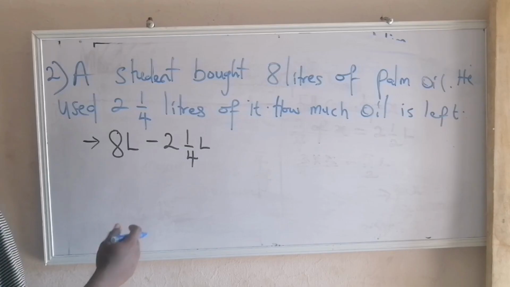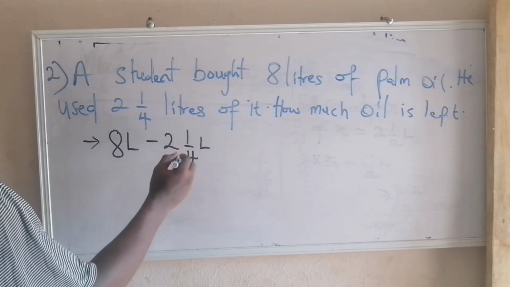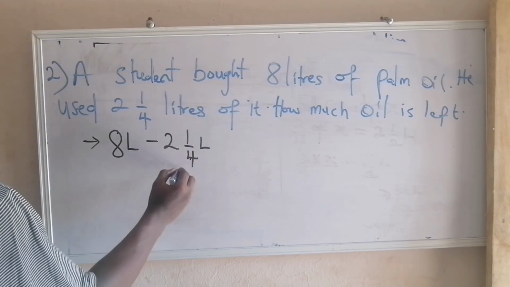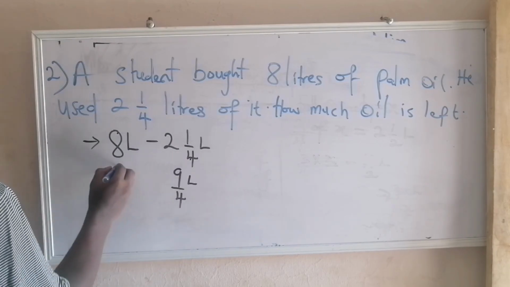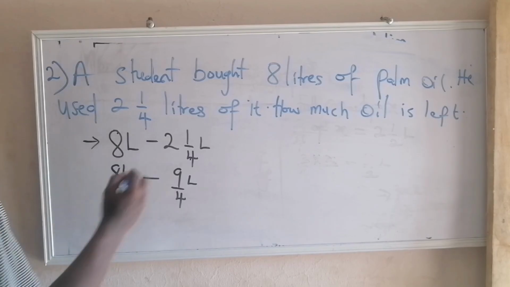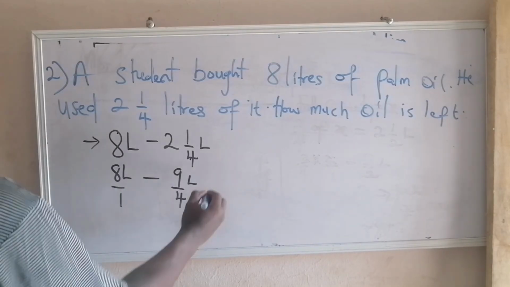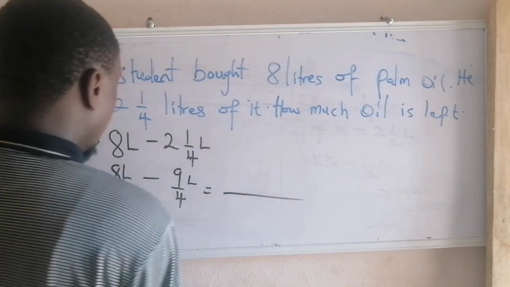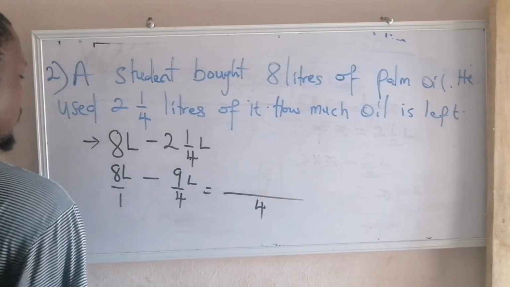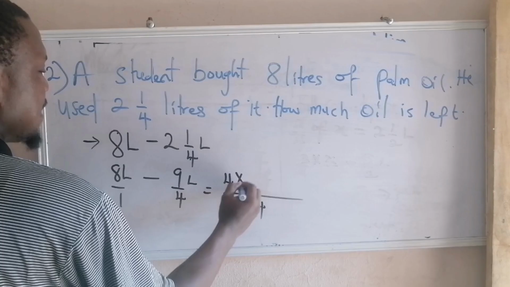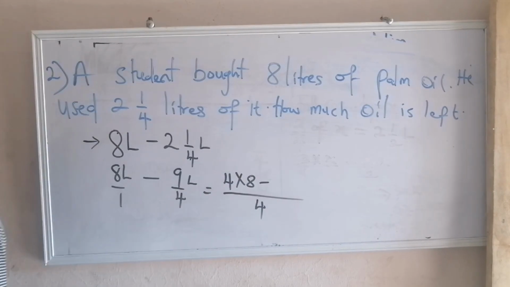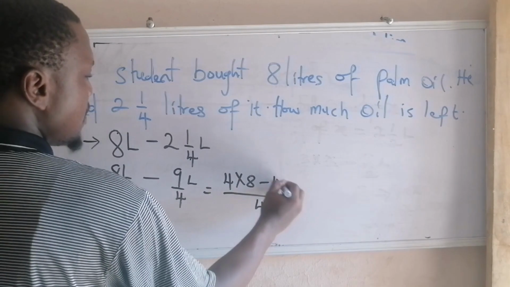So how do you do this? Change this mixed fraction into an improper fraction: 4 times 2, 8, plus 1. That will be 9 over 4. And this will be 8 liters over 1. So you have 8 liters over 1 minus 9 over 4. So what's the next thing? The next thing is to look for your LCM. What's the LCM of 1 and 4? That will be 4. So 1 in 4 times 8, minus 4 in 4, 1 times